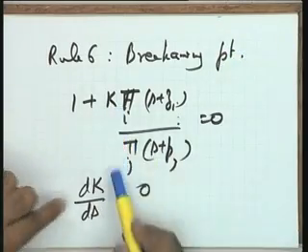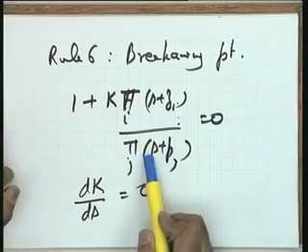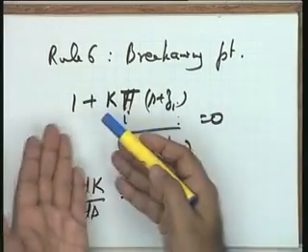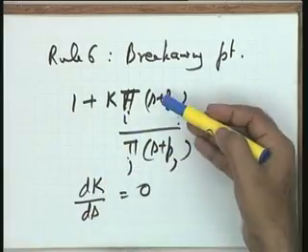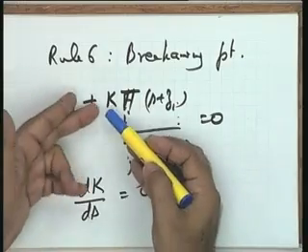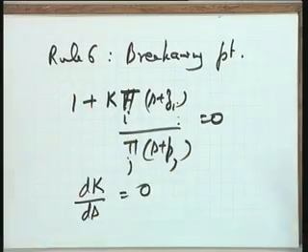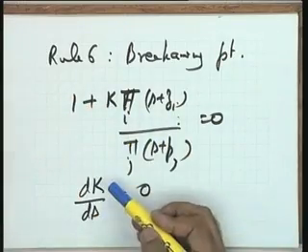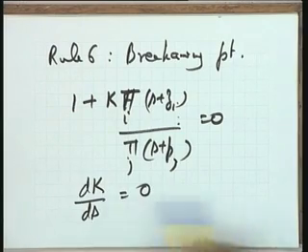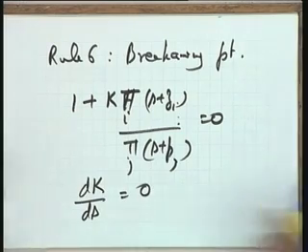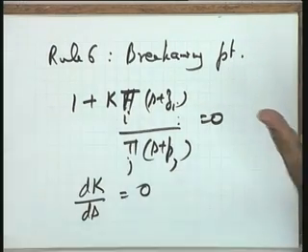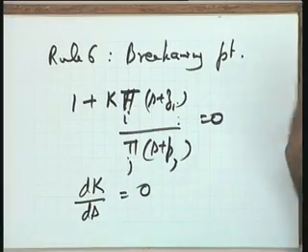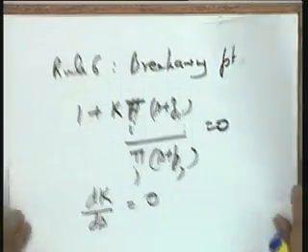That is, you get k as a function of s from this particular equation. You can easily get, taking this as the numerator, this as the denominator, the value of k as a function of s. Take the derivative of k with respect to s. You are going to get an equation, solve that particular equation to get the breakaway points. Okay? Now, apply this particular rule on the problem under consideration.